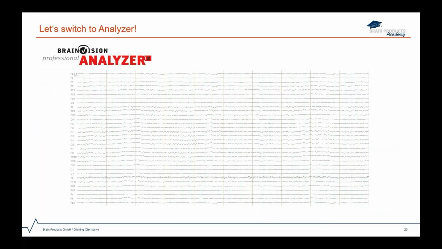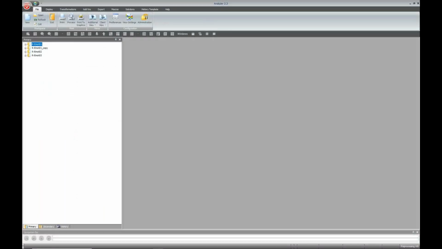So having introduced the dataset, let me come to Analyzer to introduce to you how we're going to work with the datasets. What we have here are 4 datasets. Dataset number 1 is twice here, so we have a copy, because we will start processing from the beginning with the original dataset, and then the copy dataset has been already pre-processed all the way until independent component analysis,